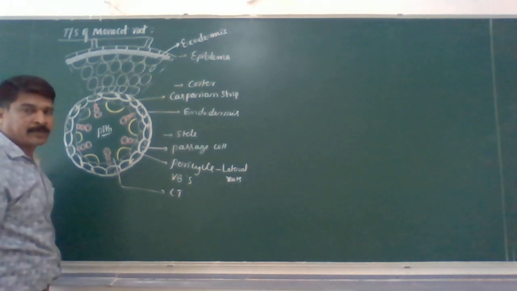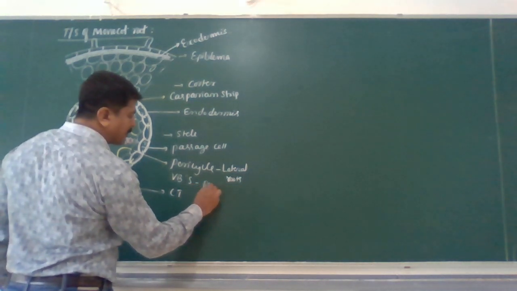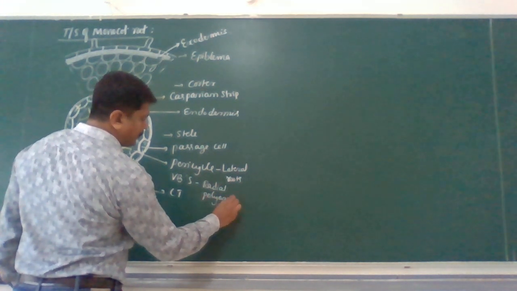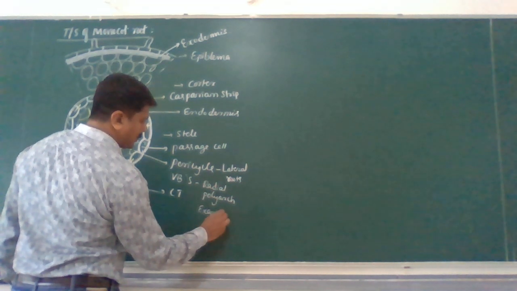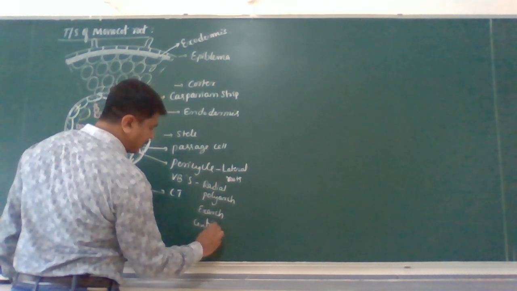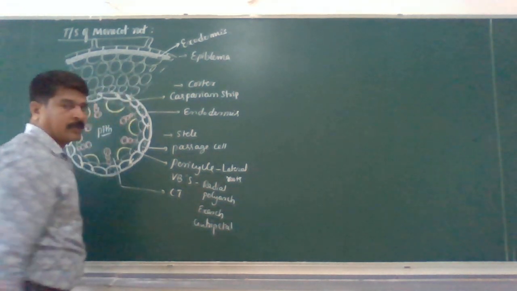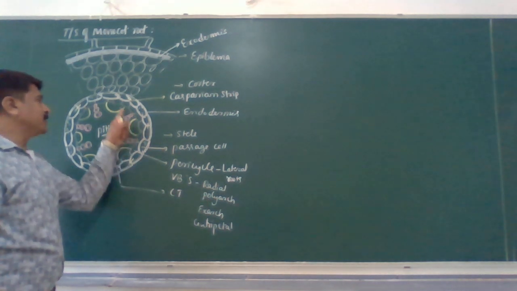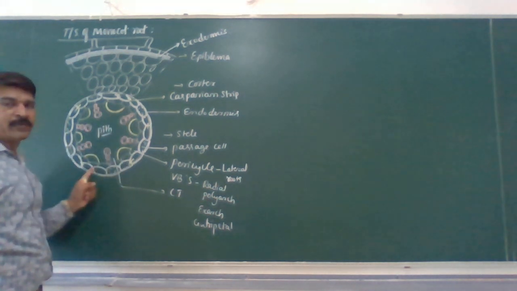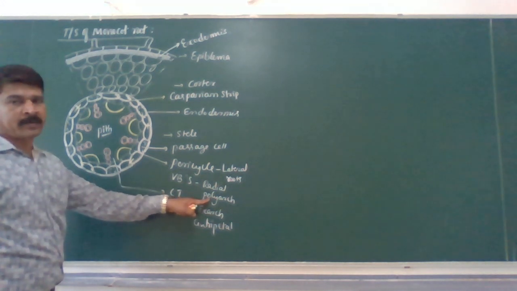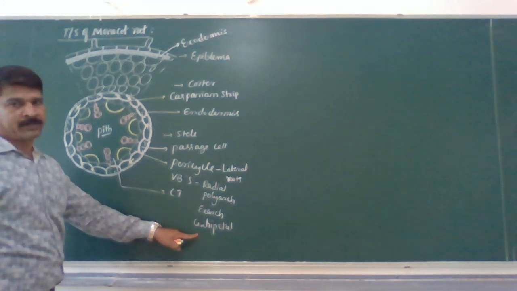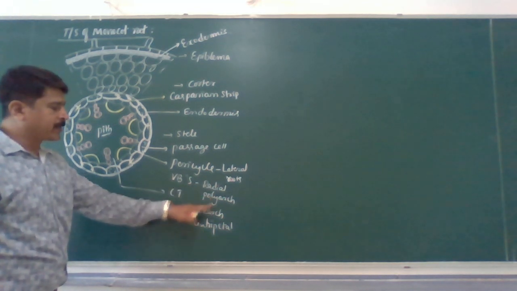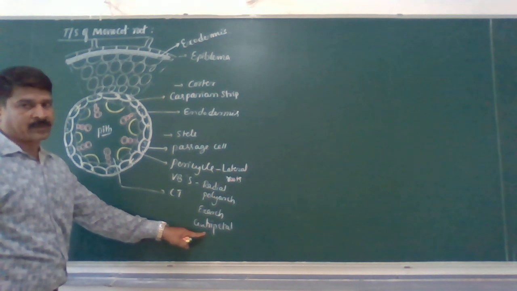Now let us go to the vascular bundles. Here also vascular bundles are radial, polyarch, exarch, and centrifugal. One more difference you got. In dicot root there was tetrarch, but here polyarch. Many xylem patches alternate with many phloem patches; this condition is called polyarch. Then as usual exarch and centrifugal. Monocot root: radial, polyarch, exarch and centrifugal. Dicot root: radial, tetrarch, exarch and centrifugal. One more difference you got.